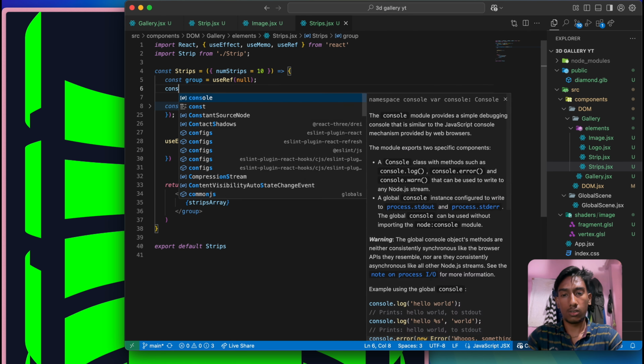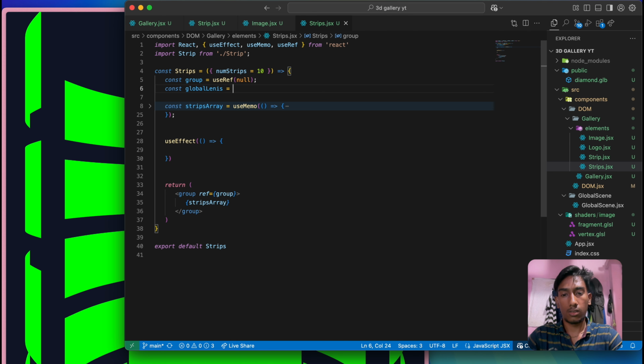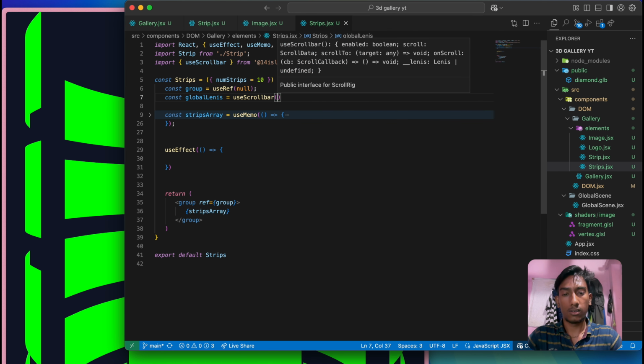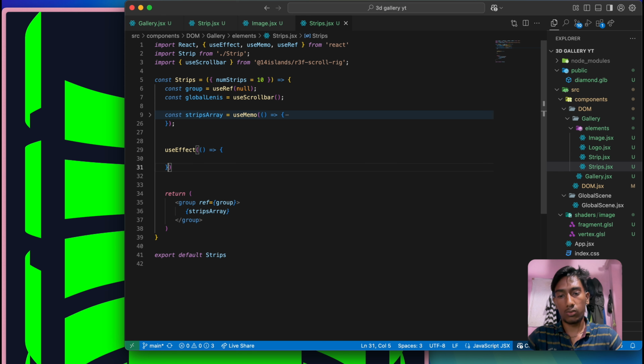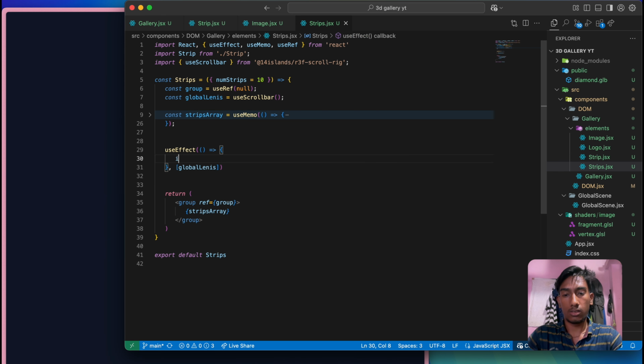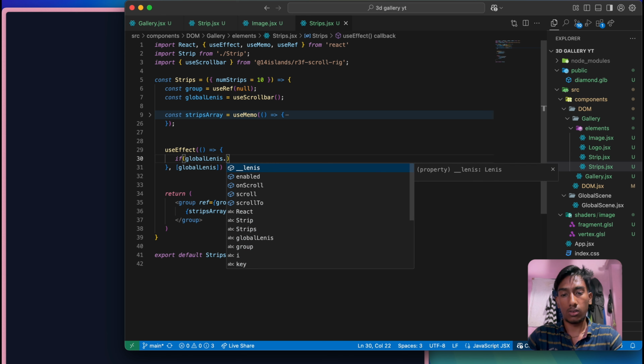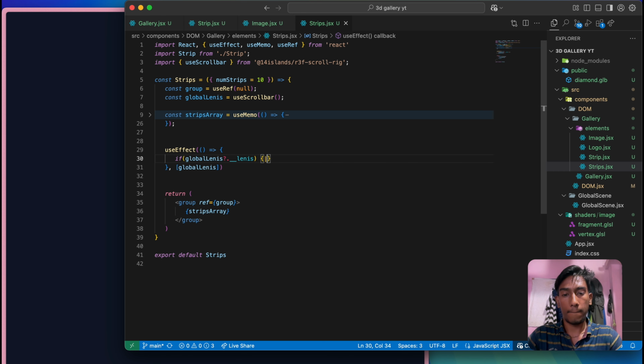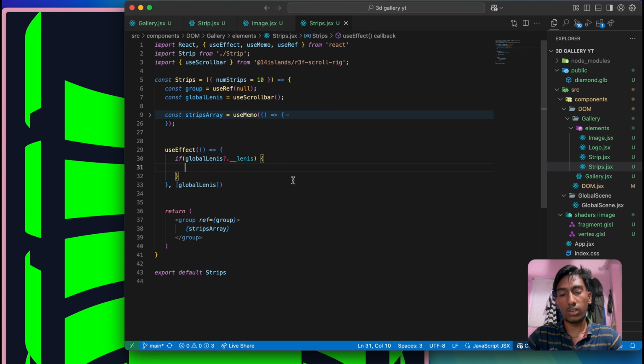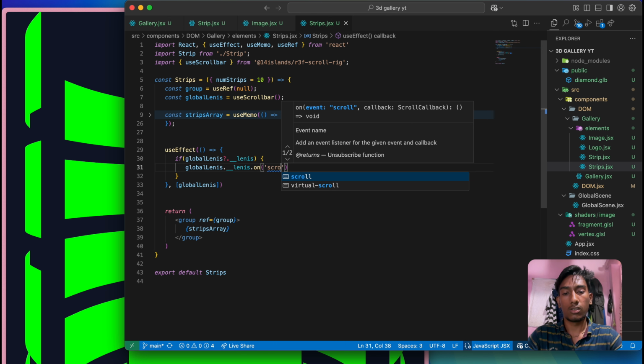So const use scroll bar, and it will depend on again global Lenis if dot Lenis, then by the way it's underscore Lenis, not just Lenis, so global Lenis dot Lenis dot on scroll.